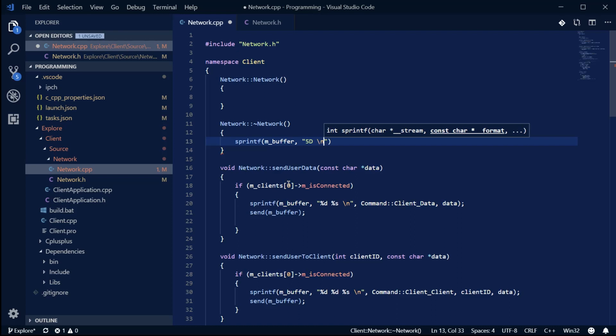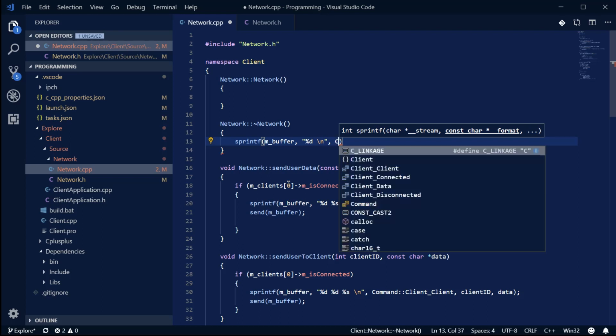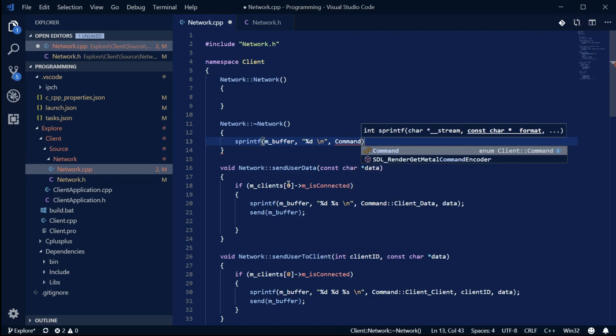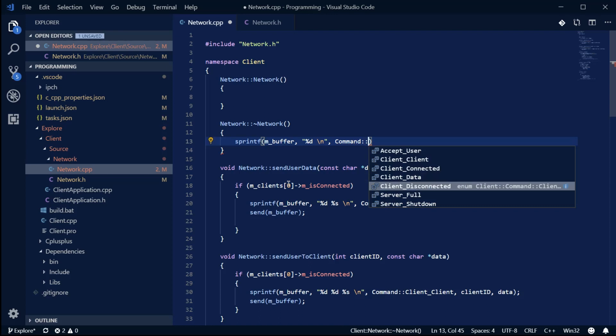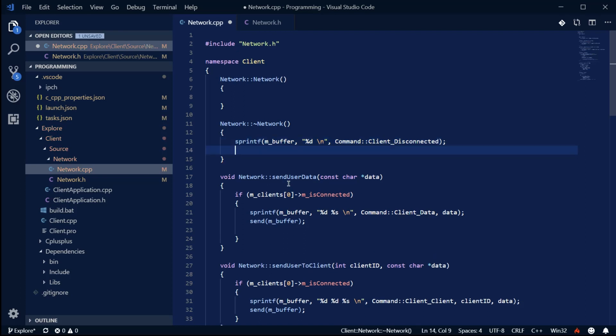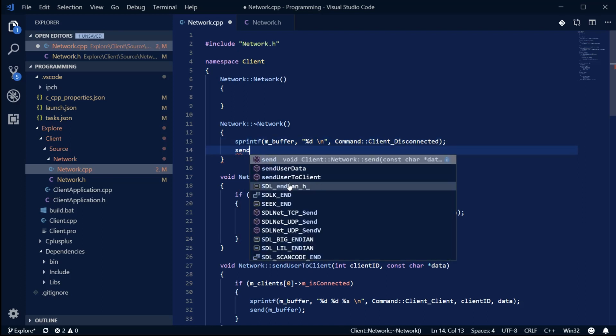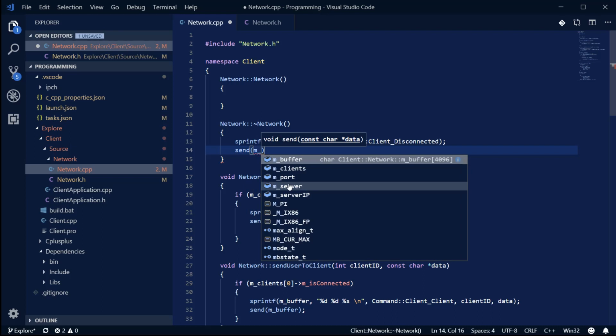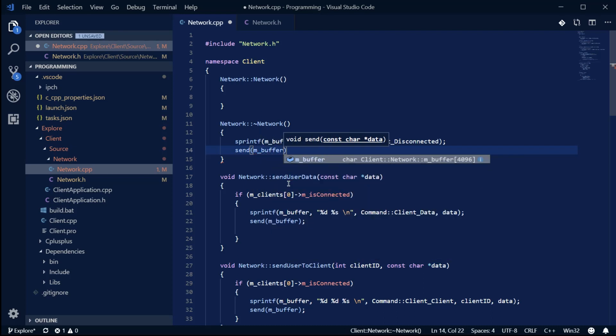Space \n. And that's then just comma, only one thing, command, colon, client disconnected. There you go. So that's us telling the server that we are disconnecting, and the server will then respond by taking all our details off the server,